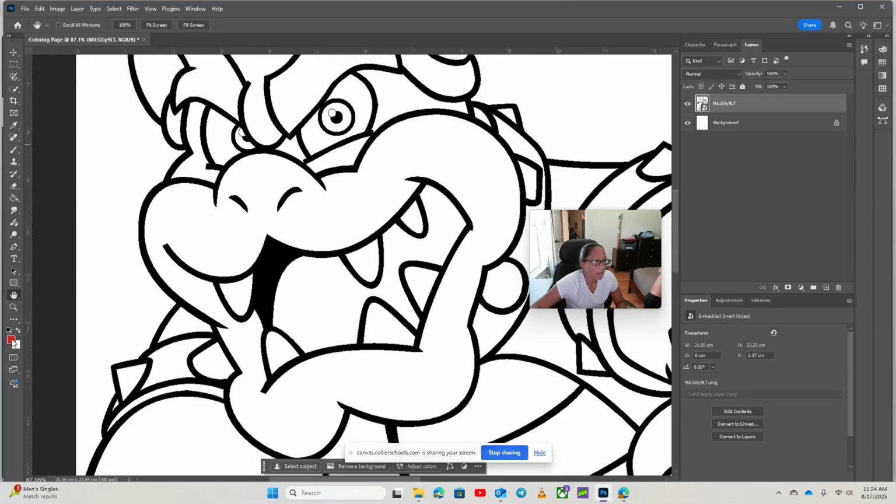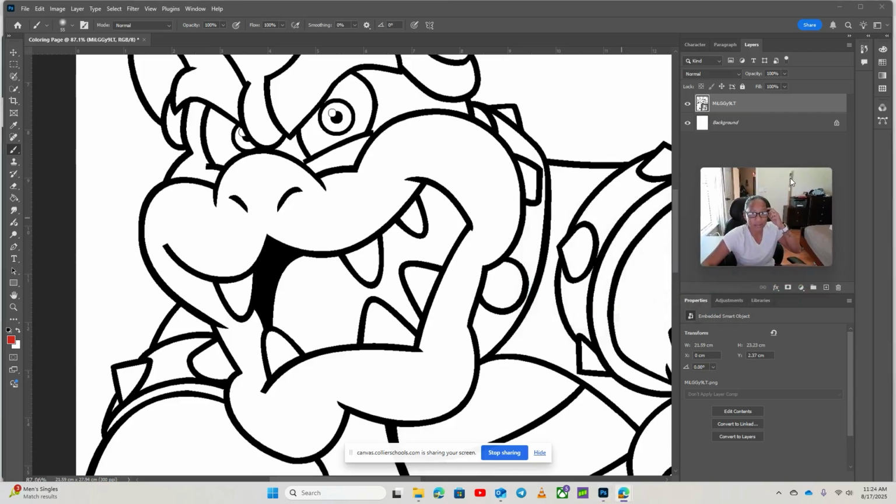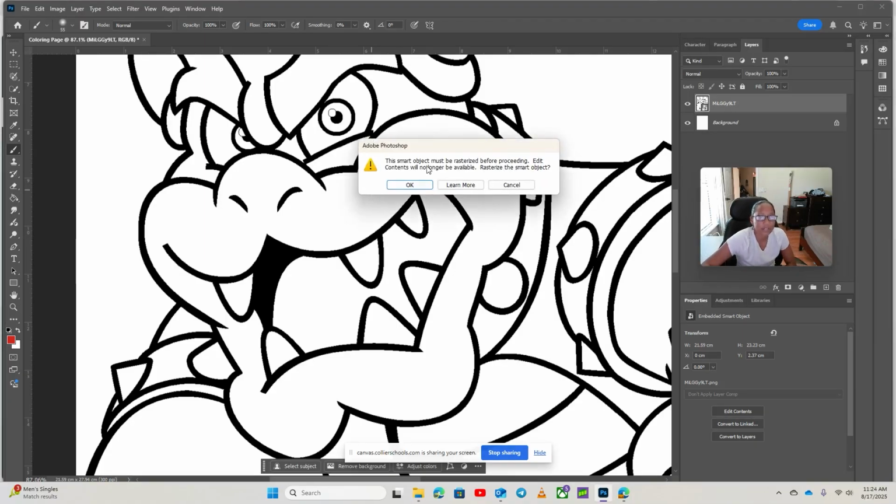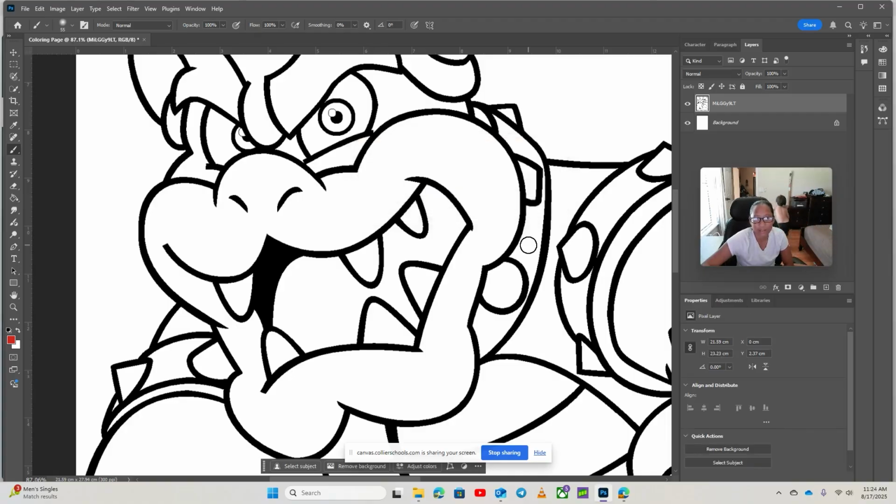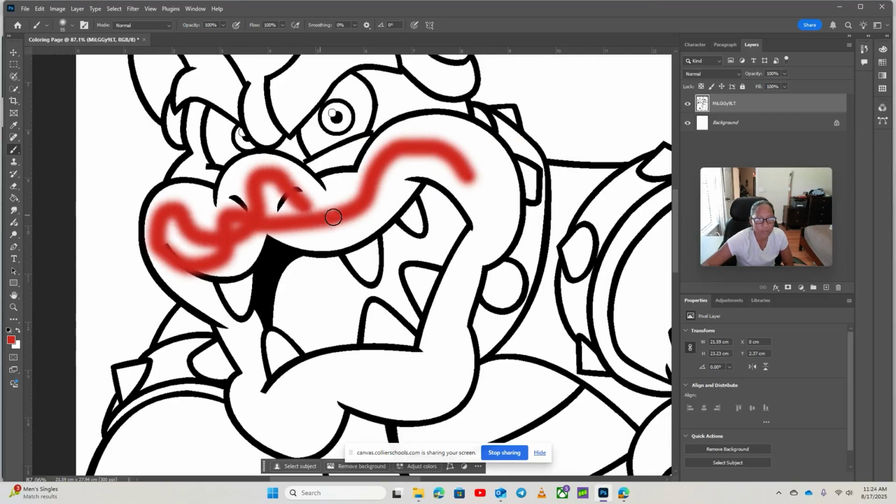So I'm going to go and grab a different color. I'm going to grab the brush. This is the brush tool. And right now it has a big X on it because this is not rasterized. That is basically a funny word for you can't work on it because it's not ready. If you click on it, it says, hey, you must rasterize this before proceeding. Hit OK. Now I can do it. And as you can see, I am able to color it